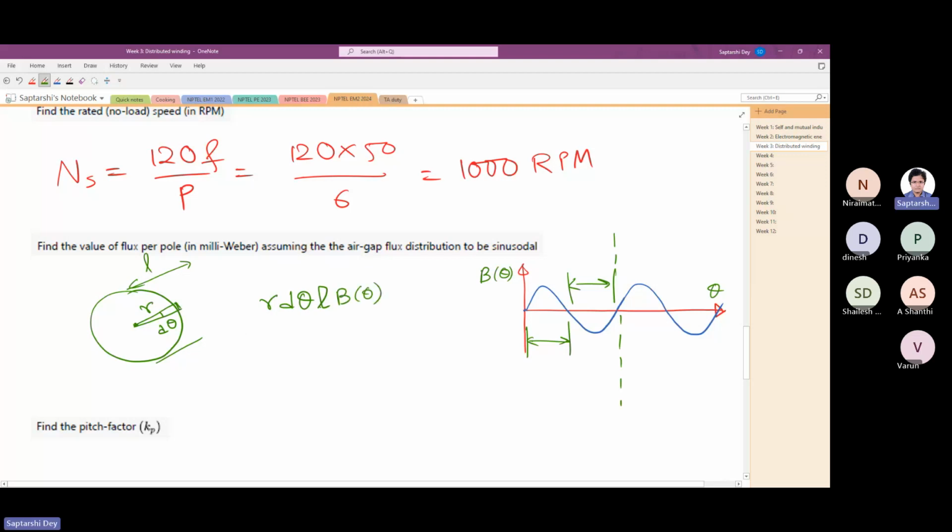So area times flux density gives you the flux. Only thing is, here we have taken theta as mechanical, whereas this B, you can take in whatever way you want. Just make sure that you are not mixing up electrical and mechanical angles. Now, if you write B equals B max sine theta,